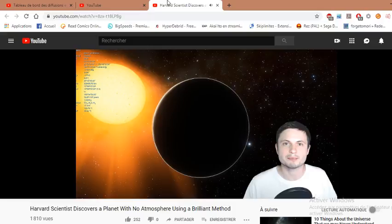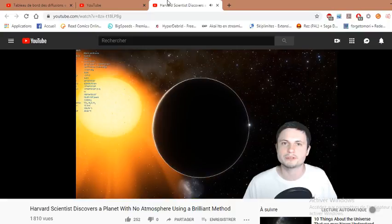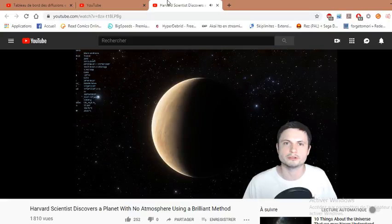Now, we can't really assume that this applies to all of the M-type stars, because first of all, this object is really close to its parent star. It's already very hot, and this is something we've predicted a long time ago. But at the same time, we still need to do more of these observations, and we need to look at other similar objects to discover if they also might not have any atmosphere. But because